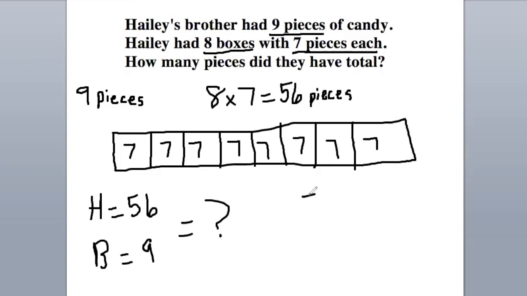So let's try to do that. 56 plus 9 over here. We're going to add the ones place first. We got 6 plus 9, 10, 11, 12, 13, 14, 15. And if it's 15, if we're carrying over past 10, we have to do 1, 5. There we go. 1 goes in the tens place because we're carrying over. And we got the 5 in the ones place. So now we have 5 plus 1. 5 plus 1 is 6. So our answer is a total of 65